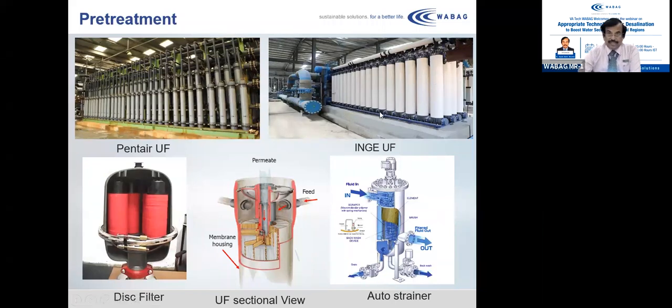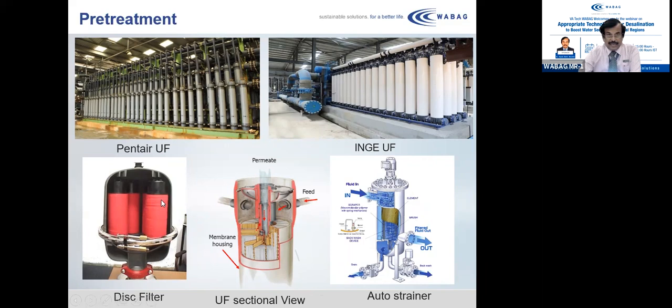Whenever you have an ultrafiltration or microfiltration system, you have to have either a disc filter or an auto strainer to remove particles above 100 to 150 microns, so that the membrane system is not overloaded. The one you see on the left is a disc filter, which has multiple discs arranged together, and the serrations on each disc give the required pore size, like 100 or 105 microns. The water flows from outside to inside, so all the larger particles get settled outside,